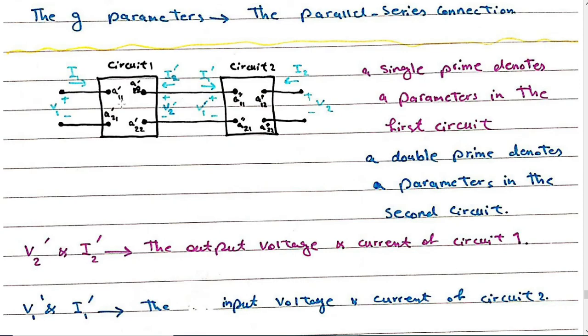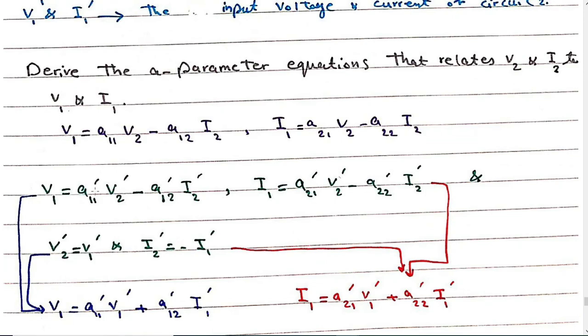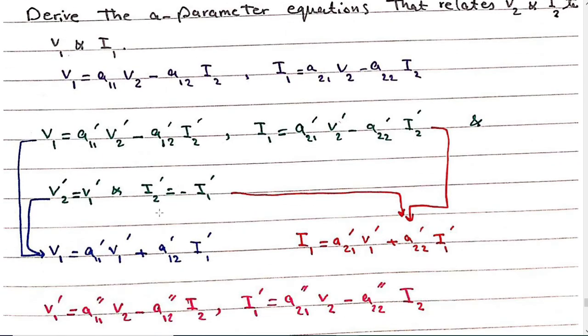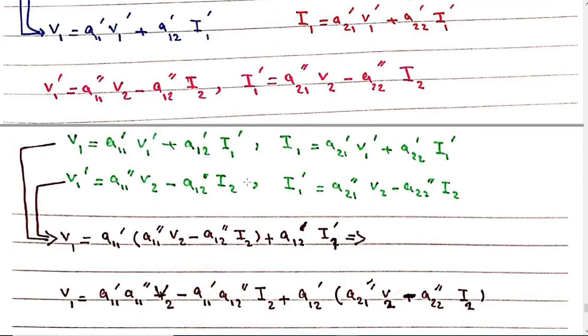It is A11 prime. So that's why I put A11 prime. And what is V2? Now V2 is V2 prime. These all will be prime. So as you said, Walter, I2 prime is equal to negative I1 prime. So you use all these equations. Finally, you will get